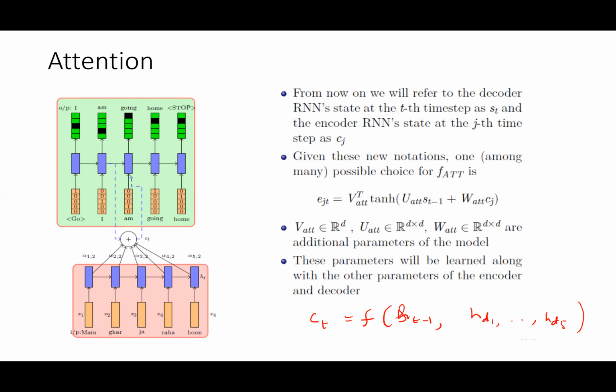We want to give different weights to the encoded states, and then based on the different weighted sum of these states together with the previous state of the decoder, we would like to give an input to the next decoding. Okay, for the next state, the current state.